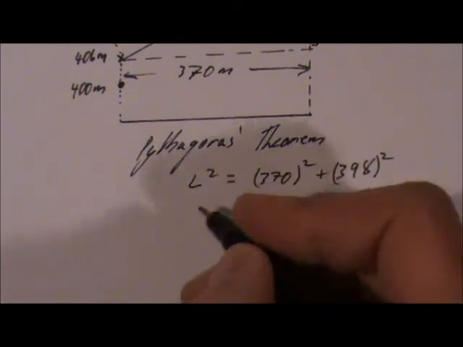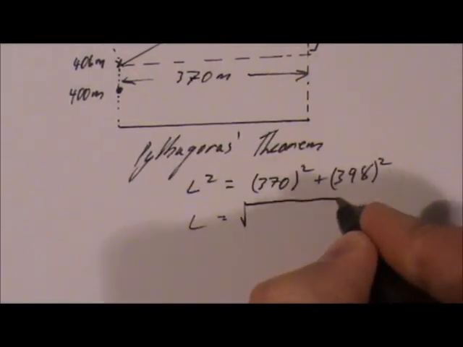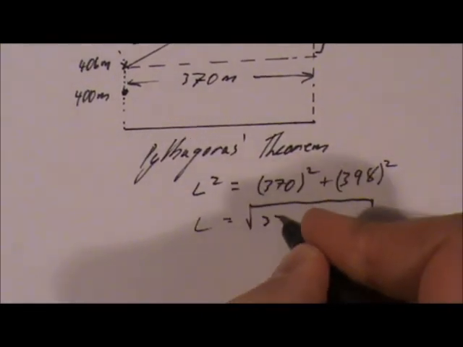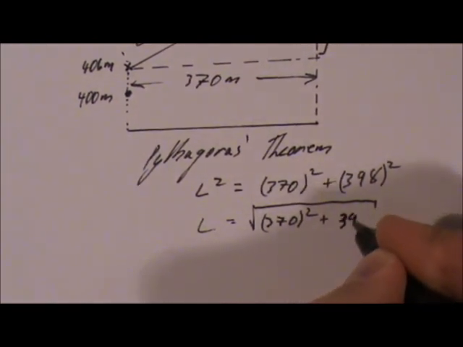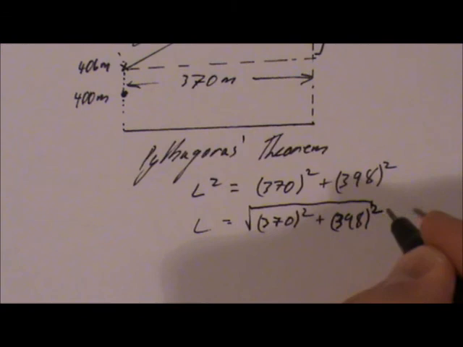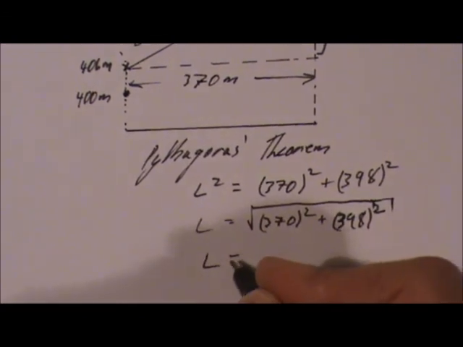Therefore, L is equal to the square root of 370 squared plus 398 squared. So L is equal to